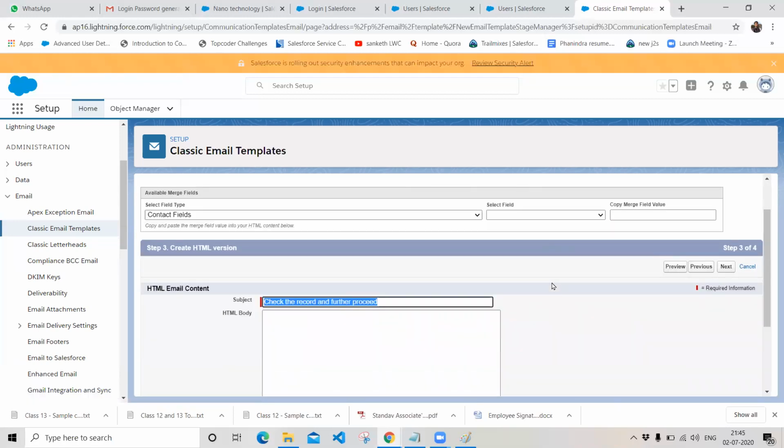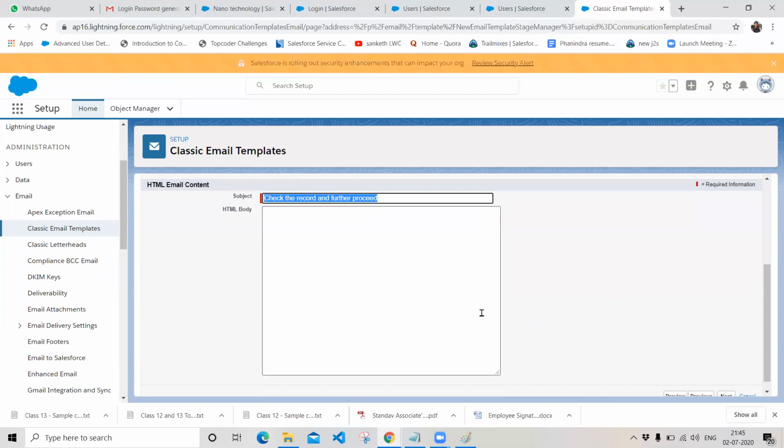And it will again give you an HTML body. Actually, this is an HTML body. Previously, in your text format, if you define any HTML elements, the elements will be rendered as text. But if you define your HTML tags in your HTML body, those will be automatically converted to HTML. Suppose I do want to give the dear customer name in a header format, dear customer, automatically the CSS styling will be applied on this header part.